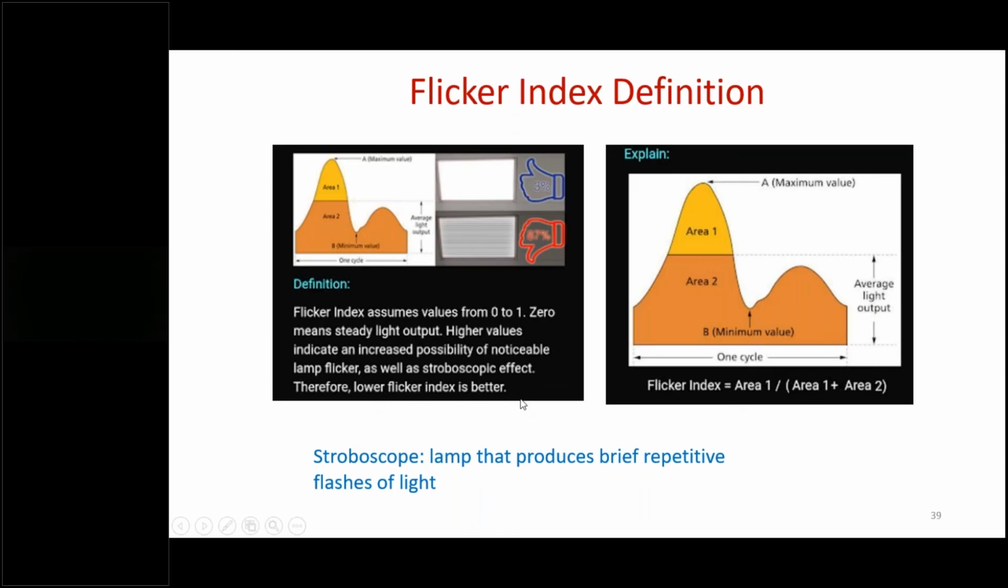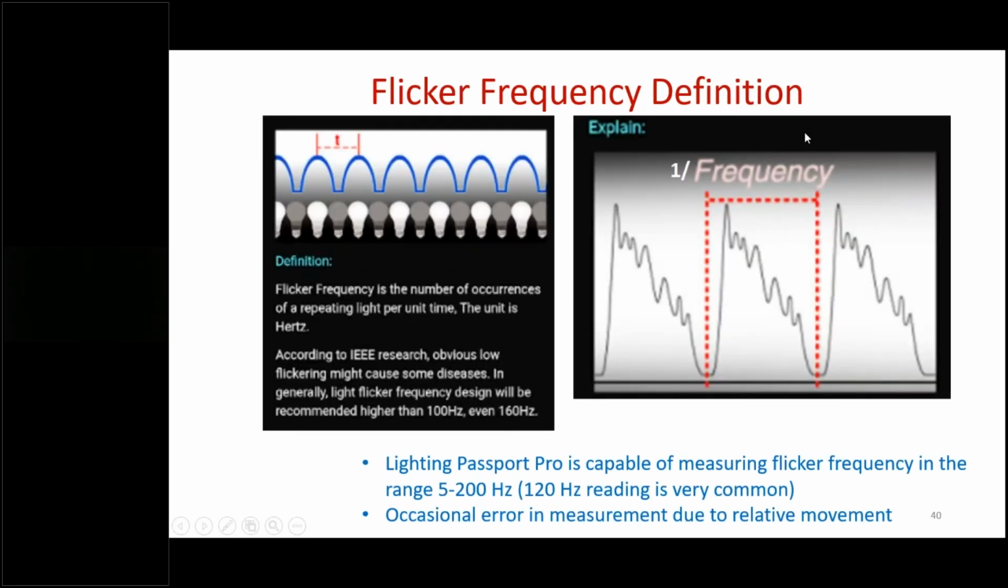A lower flicker index is better, and if you have a high flicker index, you could have some kind of stroboscopic effect. So that's increased possibility. Higher values could produce stroboscopic effects. And then finally, you have the flicker frequency. Lighting Passport is capable of measuring the flicker frequency in the range 5 to 200 hertz. And getting a 120 hertz reading is very common because it's twice the 60 hertz